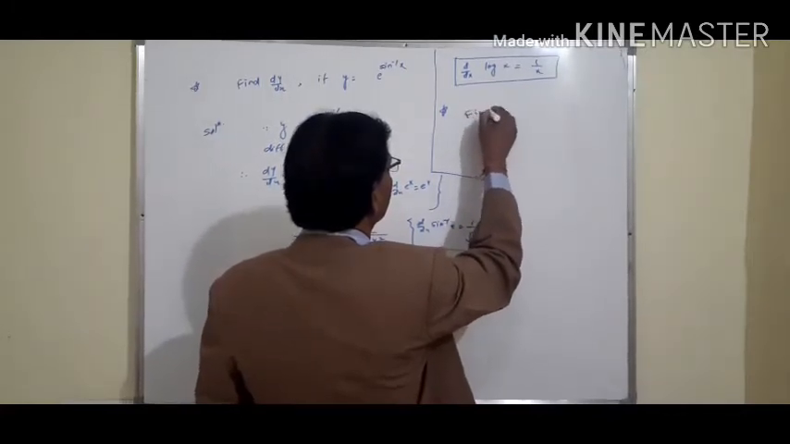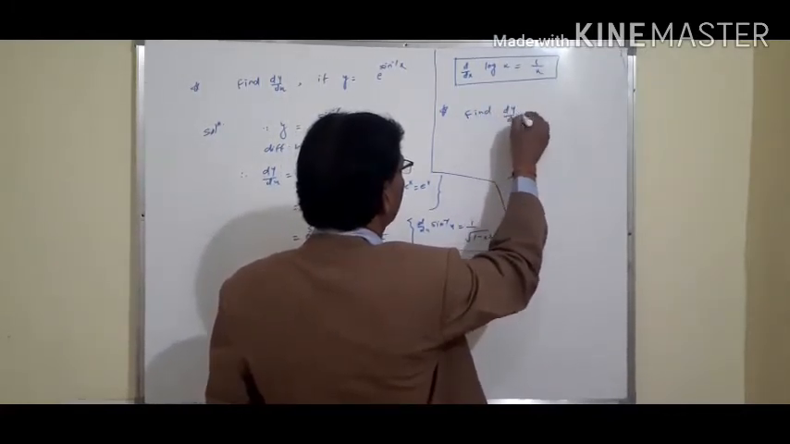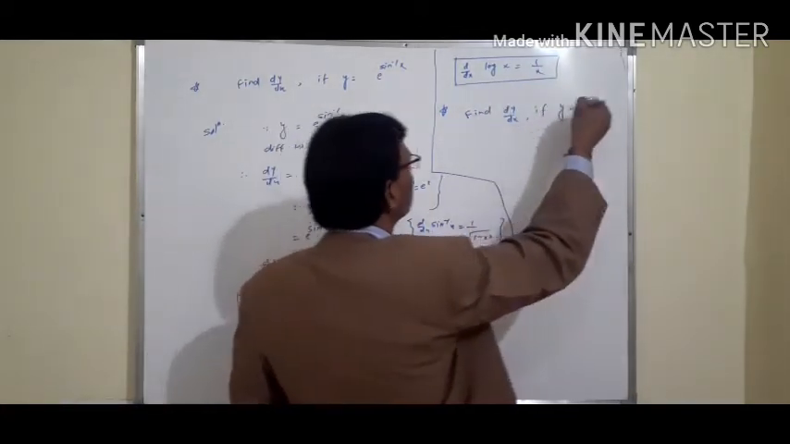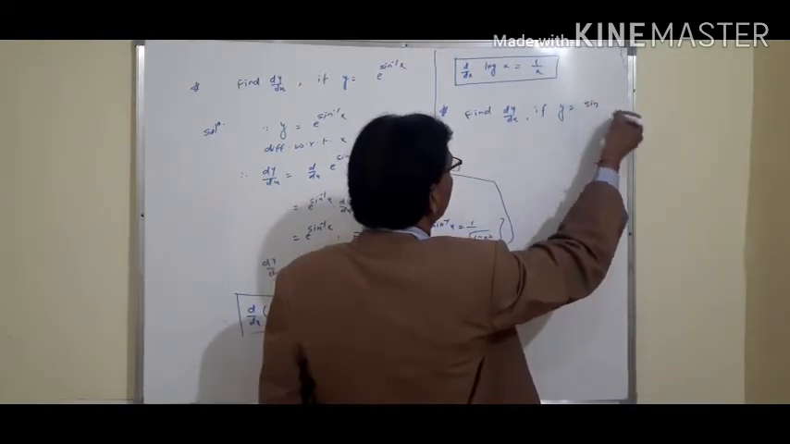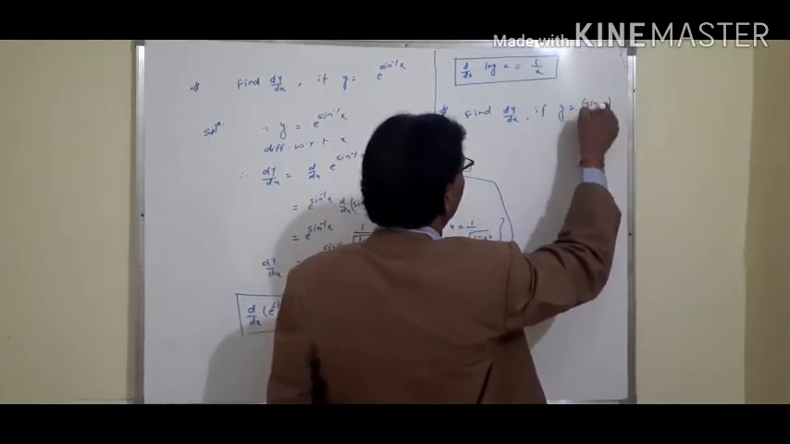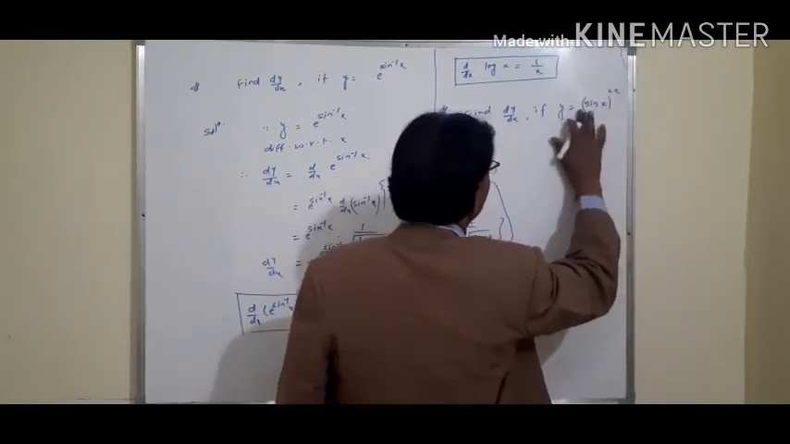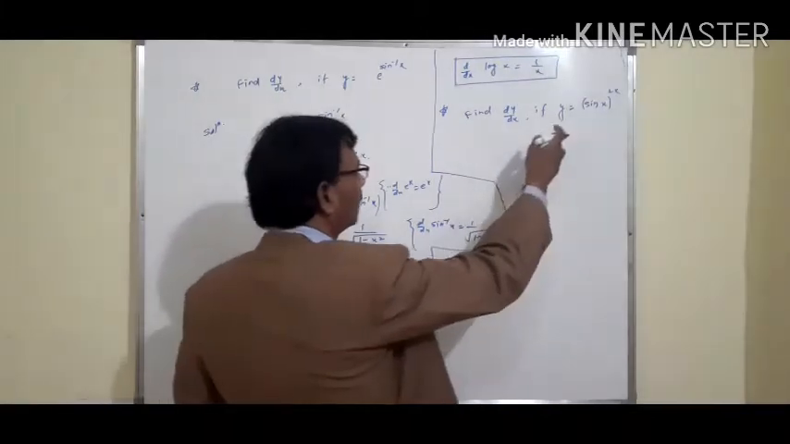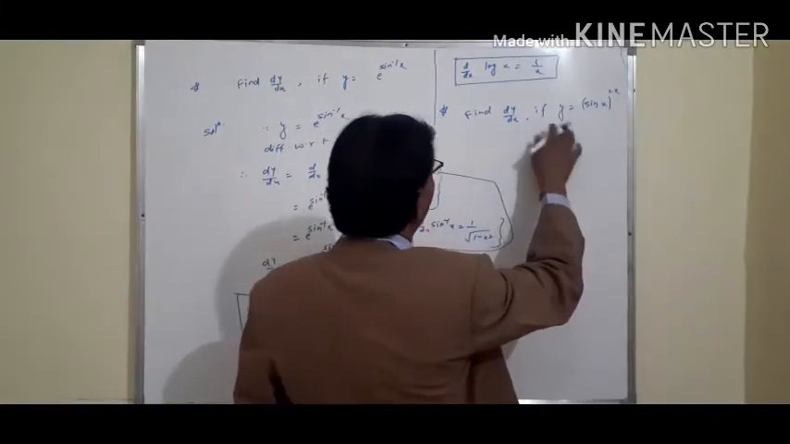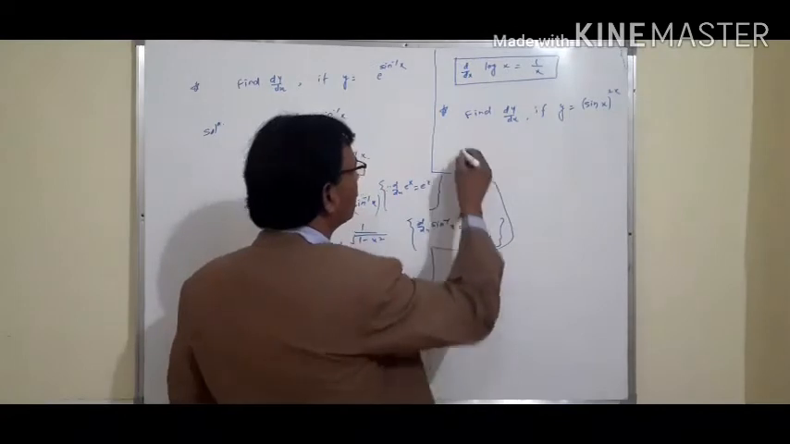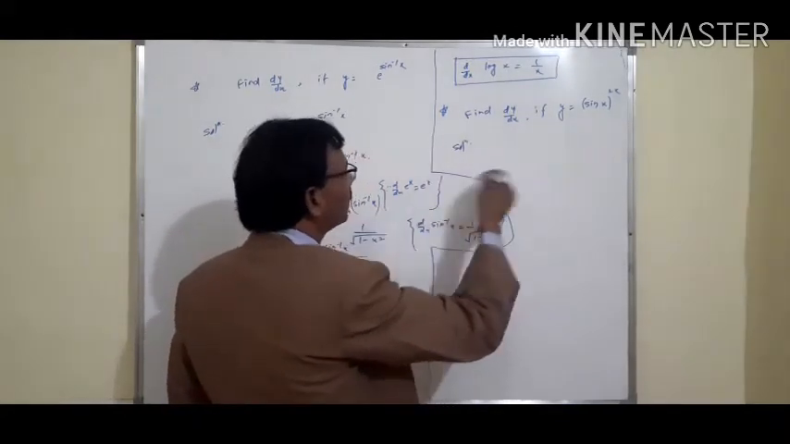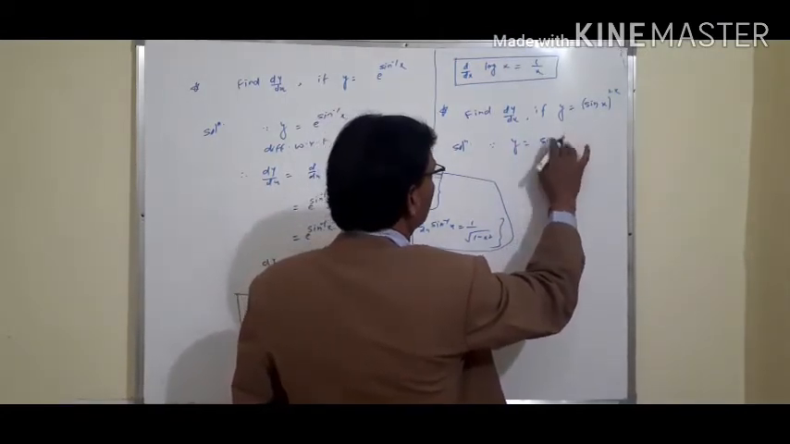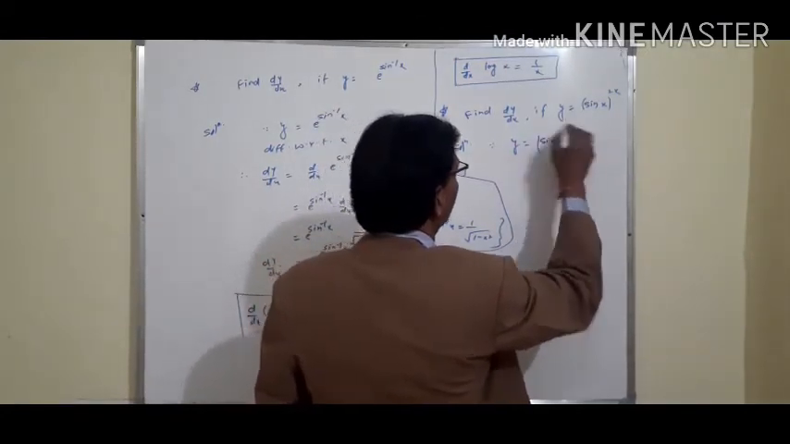Find dy upon dx if y equal to sine x whole to the power 2x. Sine x whole to the power 2x. This is a function, and we want to find the dy upon dx of this function. Since the function is y equal to sine of x whole to the power 2x,